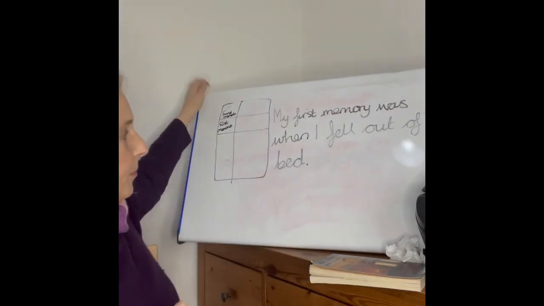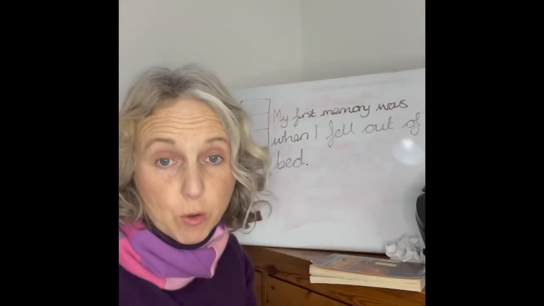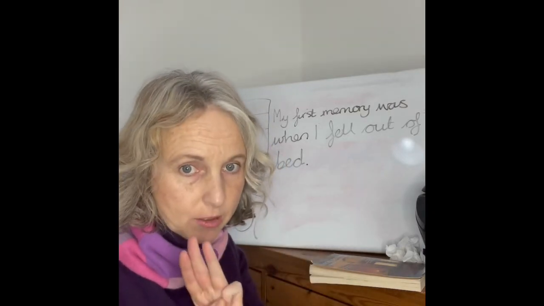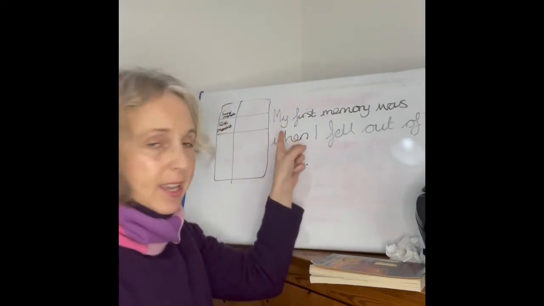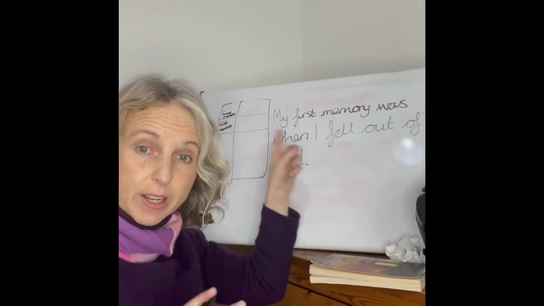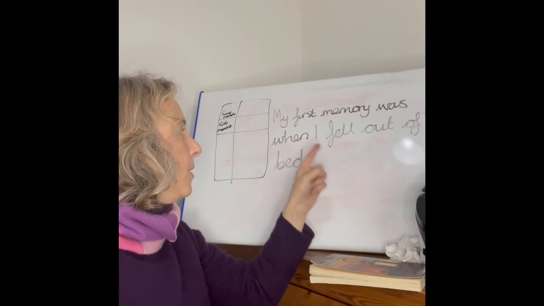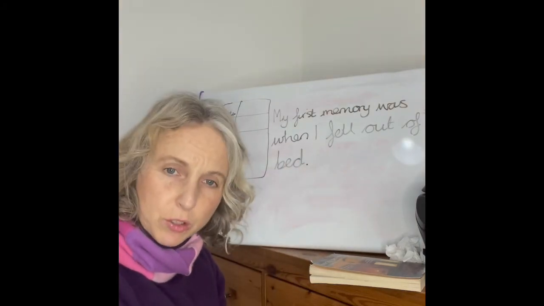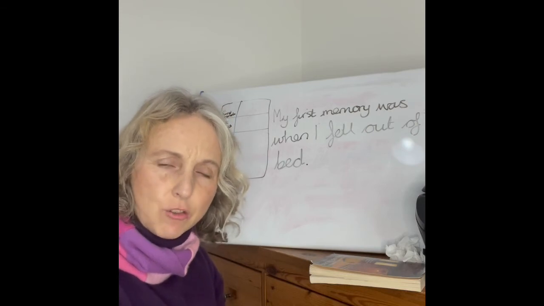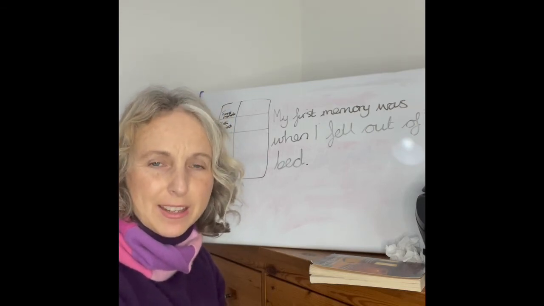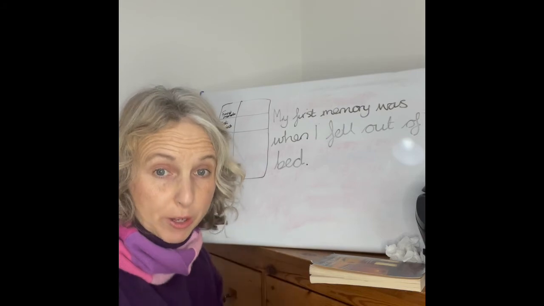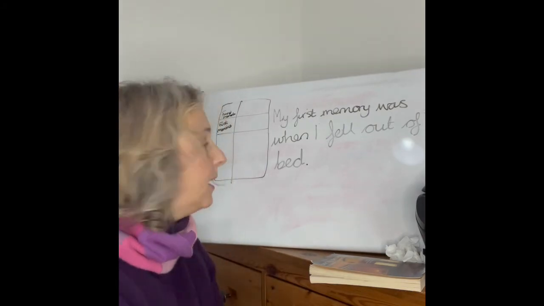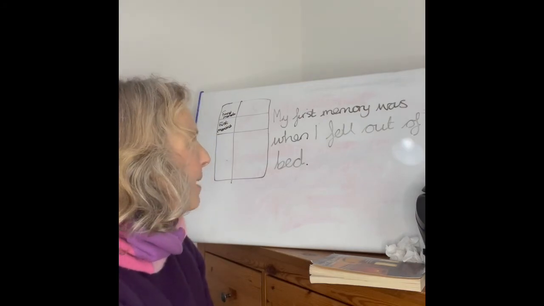Full stop. So you find the one that's your sentence, and you can choose, like I say, 3 that you're going to work on. But say this was one of your sentences. Try and imagine this was one of yours. My first memory was when I fell out of bed. I want you to think, how could you add some extra information that would entertain the reader that you're going to put in brackets? So for example, I might add, my first memory